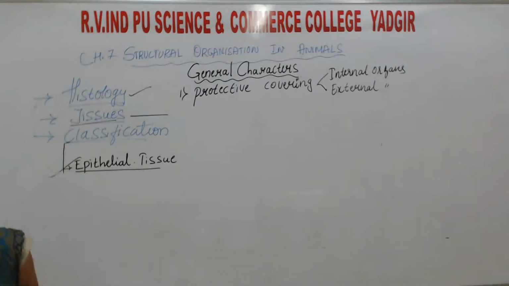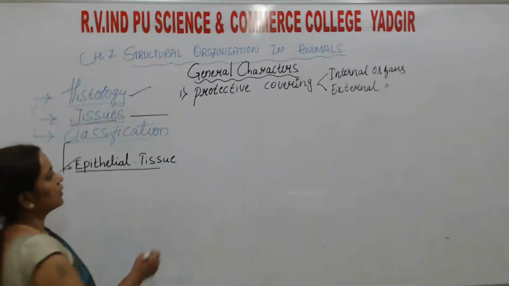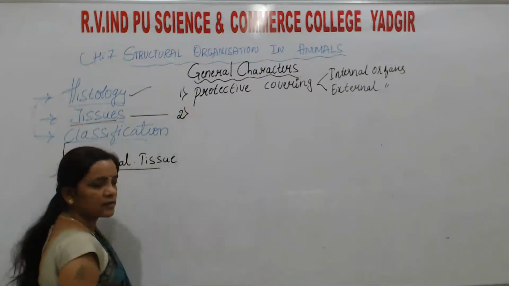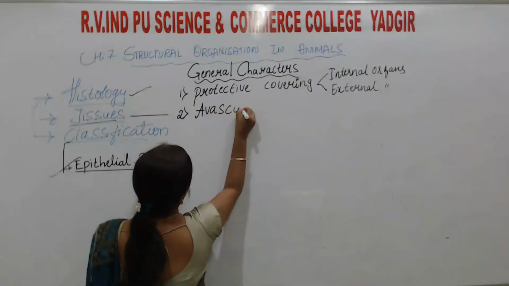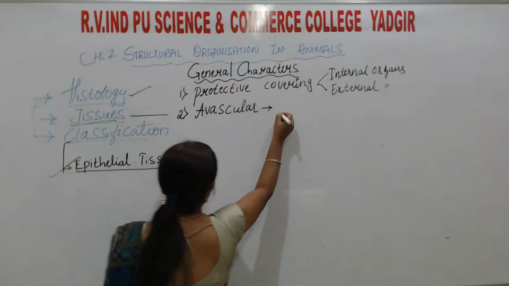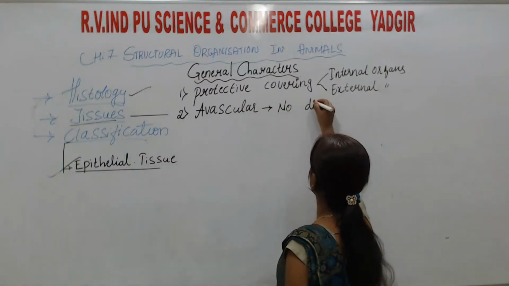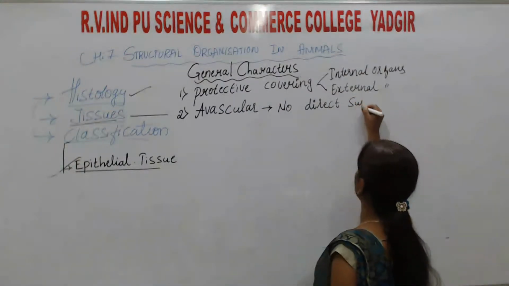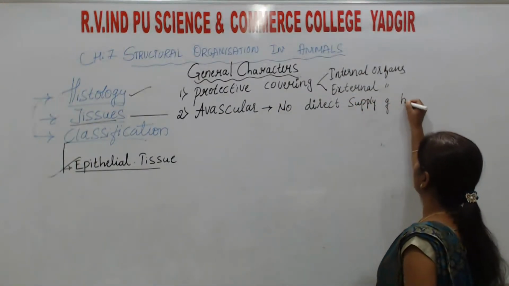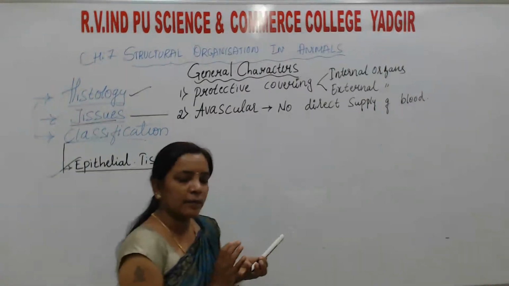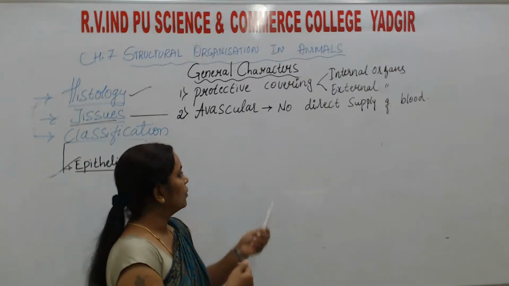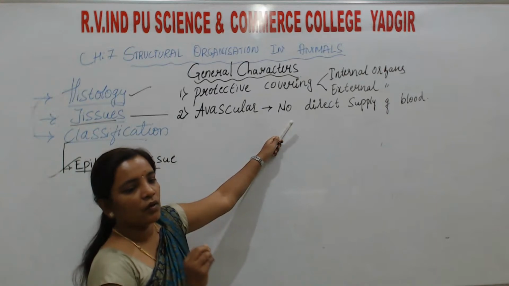Next, they are derived, as we have seen, from the three germ layers. The next one, they are considered to be avascular. Why is it considered avascular? No direct supply of blood from blood vessels. If you take epithelial tissue, there is no direct supply of blood,